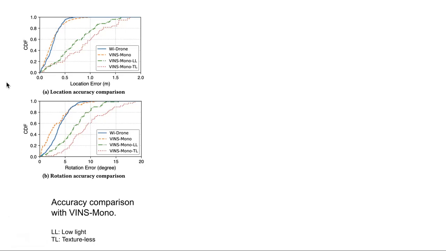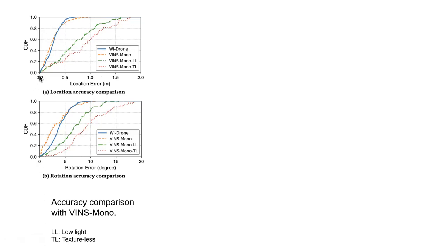And here we present the cumulative distribution function for location errors from 0 to 2 meters. Overall, WiDrone is comparable to the VINS model, though somewhat less accurate in terms of location error and rotation error. However, when it comes to low light and textureless environments, denoted as LL and TL respectively,